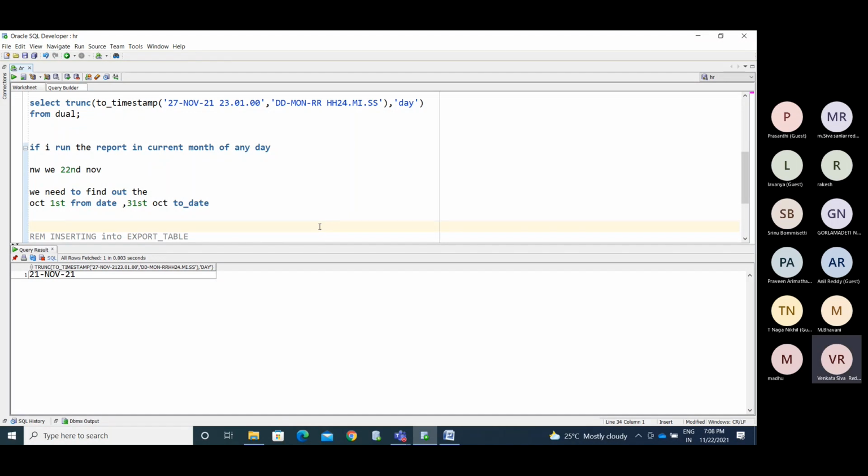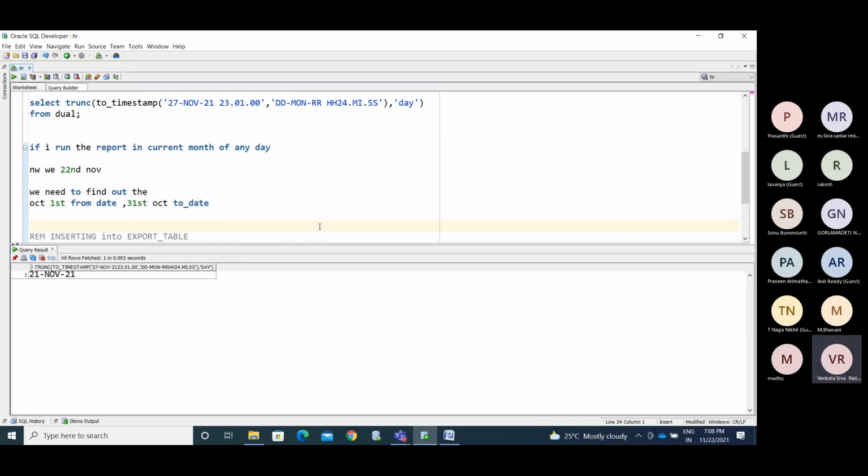Usually the requirement would be in real time, where if someone is pulling the report, the user can always get the last month's data. One month has 30 days, another month has 28 days, so you cannot always provide 1 to 30.